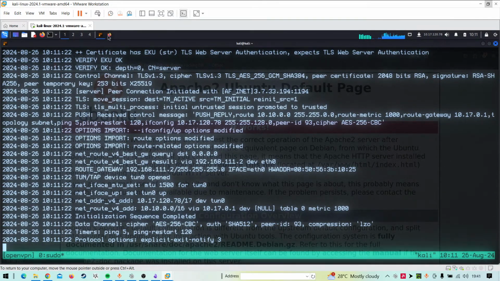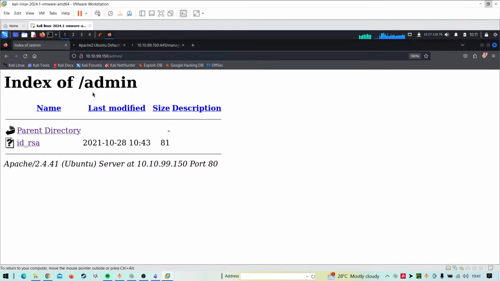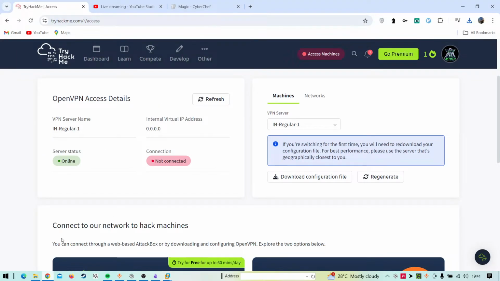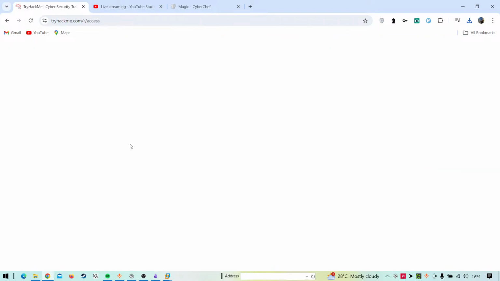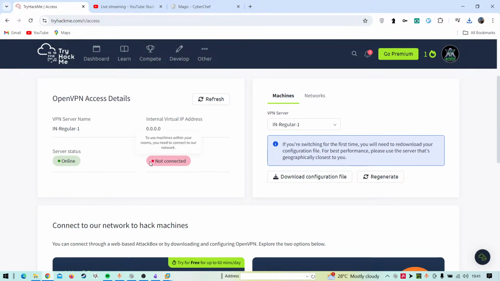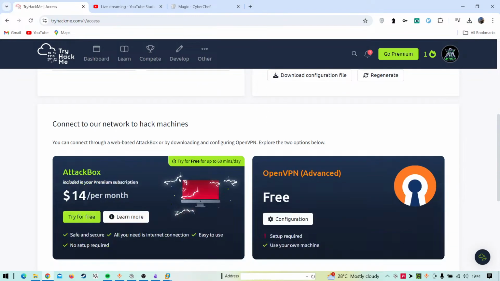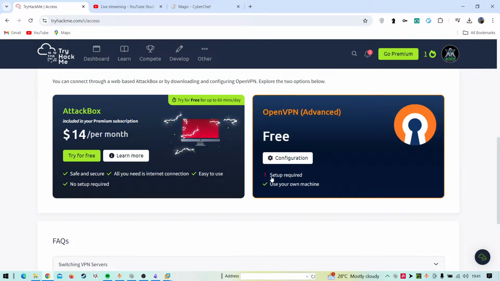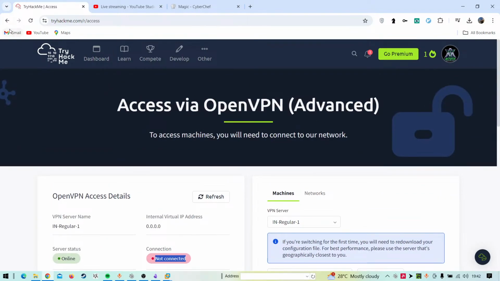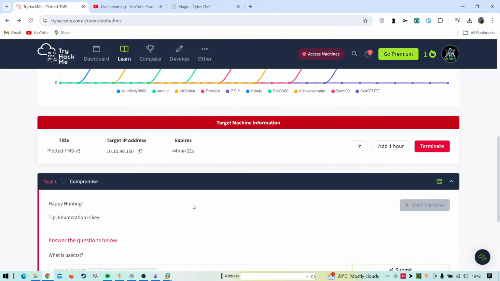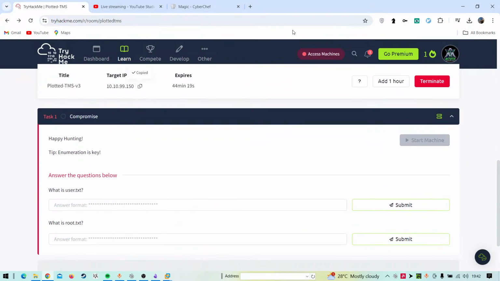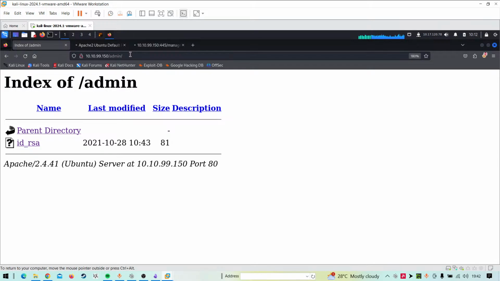So we're actually connected, but something is definitely wrong. Even though it's saying Saba is online, I'm not connected. And yeah, I know I don't have a paid subscription, but that should not be an issue, right?